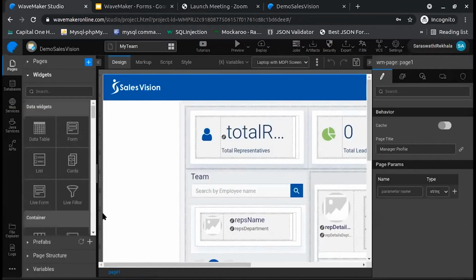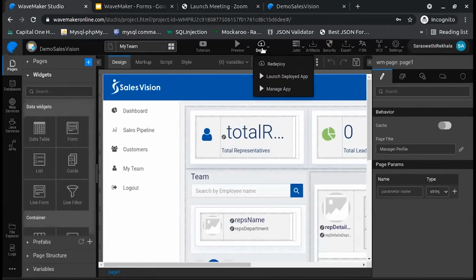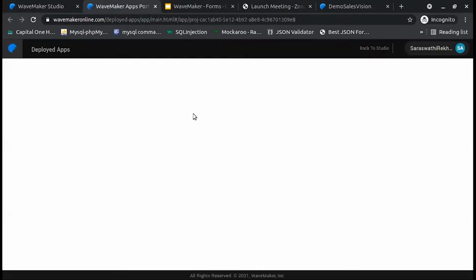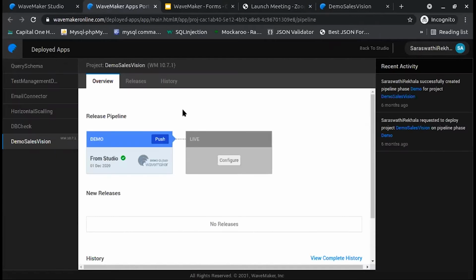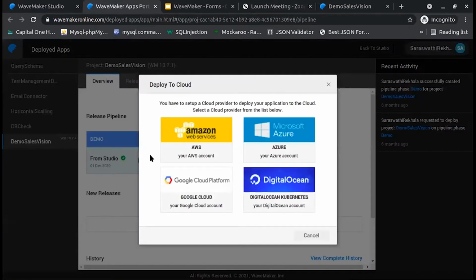Now let me touch on some other concepts here. The platform supports one-click deployment. I already had this app deployed. You can make your app customizations and make it live from here under the deployed apps portal. You can configure your app or make it live by deploying your app to any one of these popular providers. The platform by default supports these popular providers, and Kubernetes deployment is also supported out of the box.